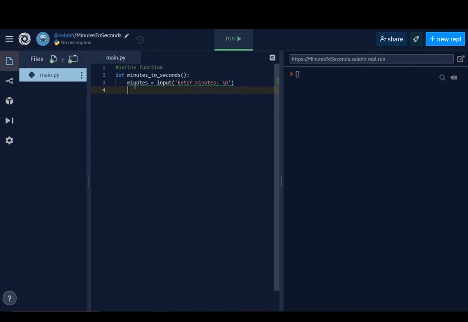Now that we have our minutes value, we're going to have to actually convert it to seconds and print that out. We can do this in one line of code. We'll just do print, and then inside this print statement we're going to have to do the conversion. Well, if you think about it, you just have to times the minute value by 60 in order to get seconds. So we'll just do print minutes times 60,